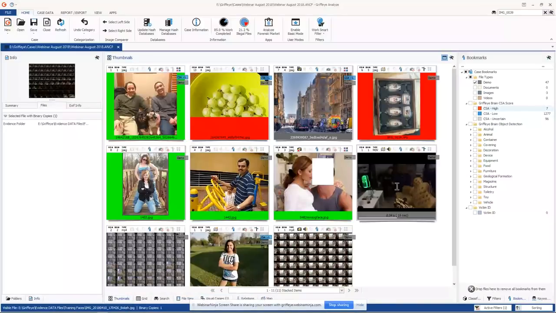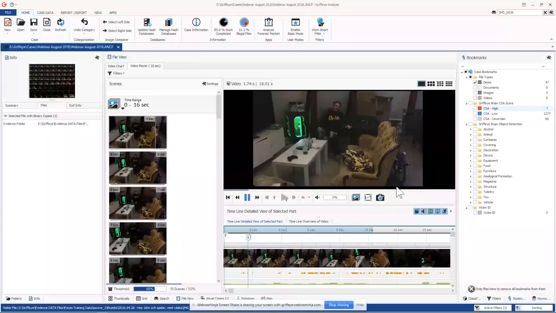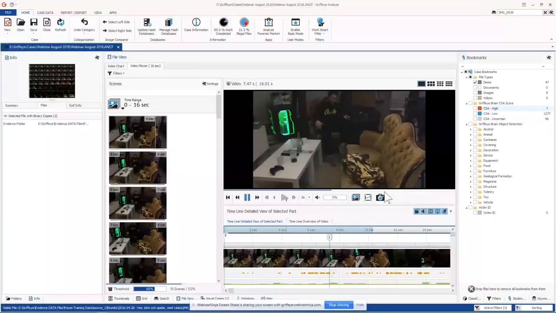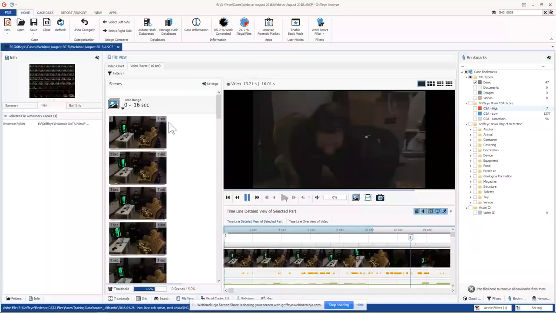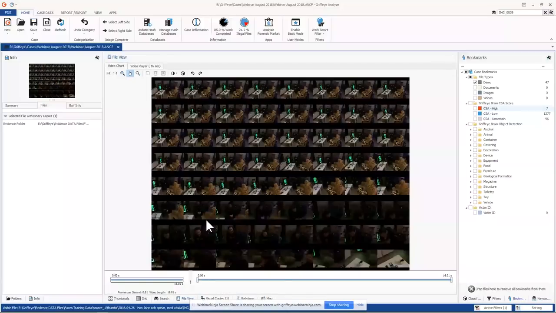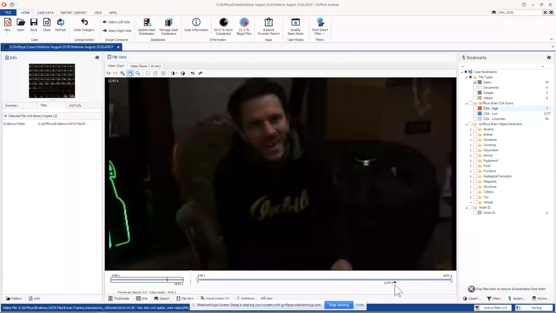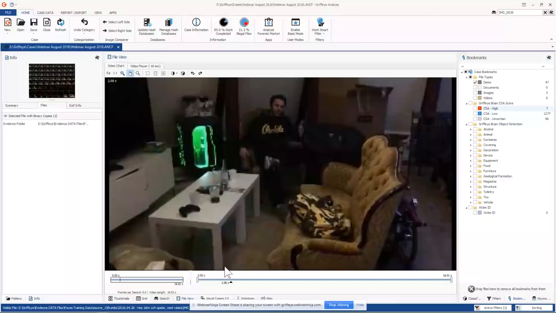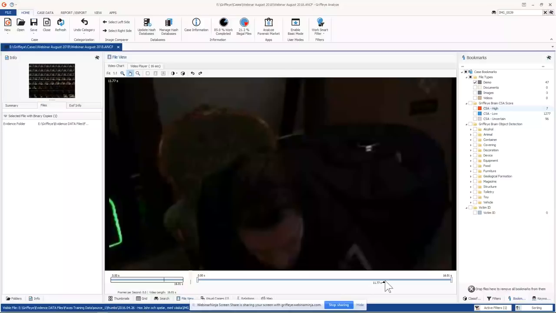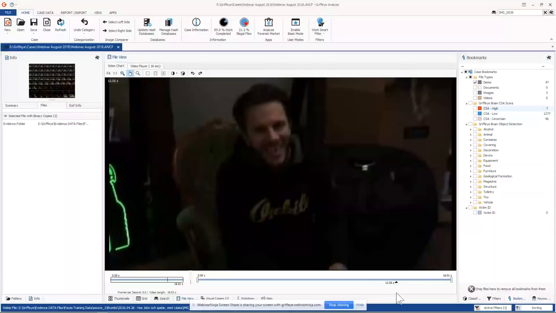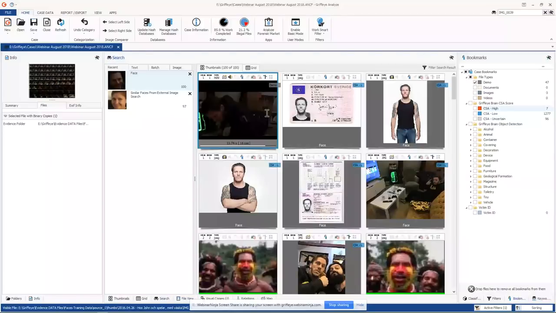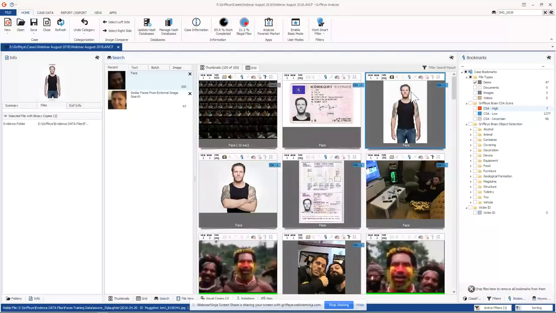So another pretty cool thing is we can search for similar faces within a video. So let's say, for example, this particular video is of importance and you find it, and this contains your suspect, and you want to look for all the similar imagery containing this individual. Whoops, I can go over to the area of the video where I can get his face right there. That'll work. And I'm going to do the same thing. I'm going to select his face and do a similar faces search. And there it's found all the pictures, even the ones included in ID cards and such, of that individual.